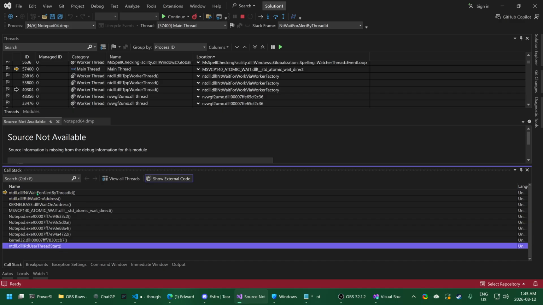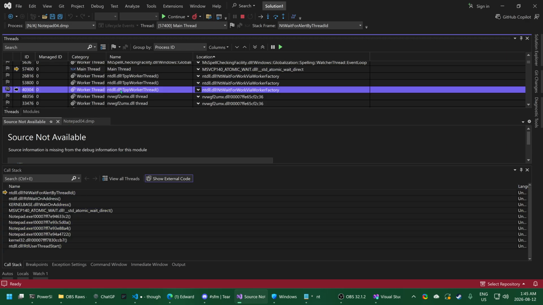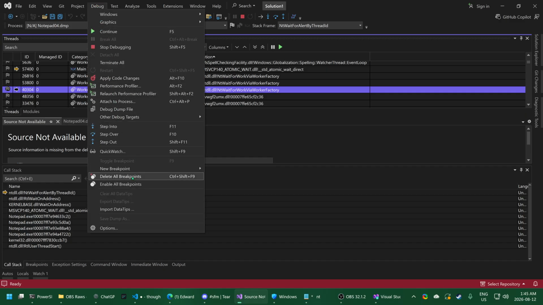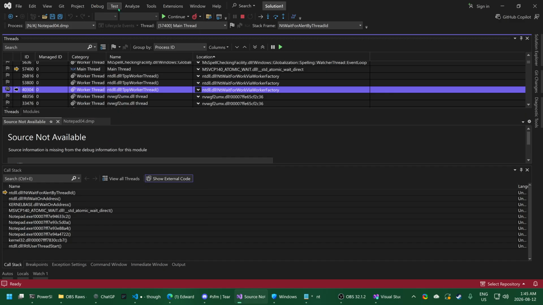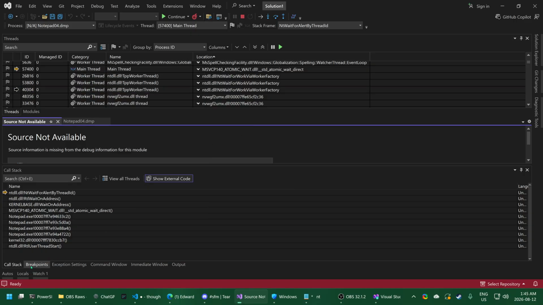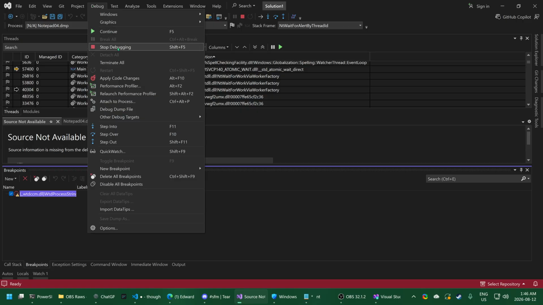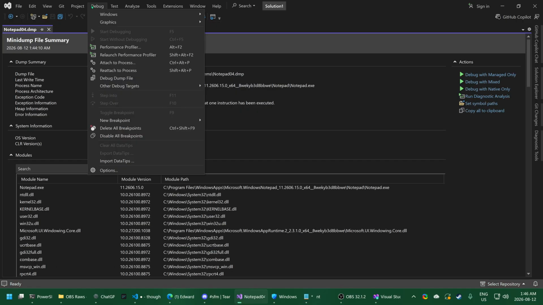So that is how I was able to identify this issue, with ChatGPT. We looked at some of these and we noticed that one of them had a problem. So the breakpoint stuff: we added this breakpoint, and now once we connect back to the Notepad,